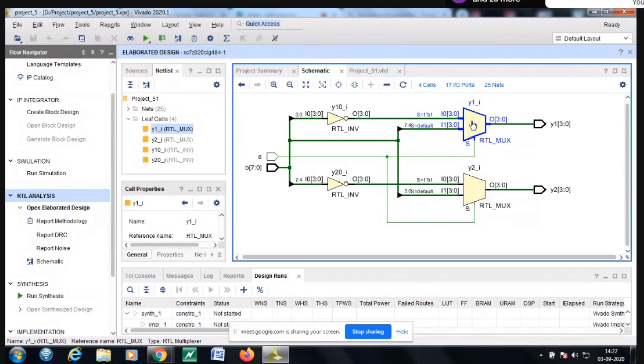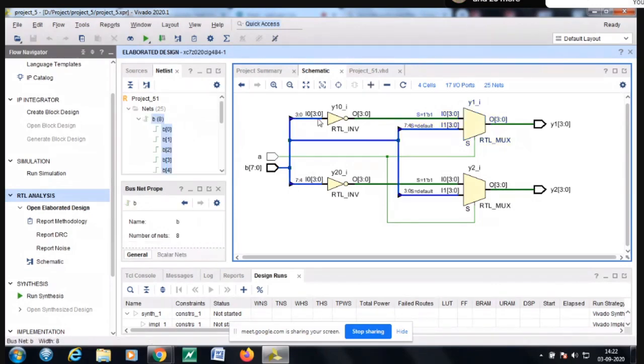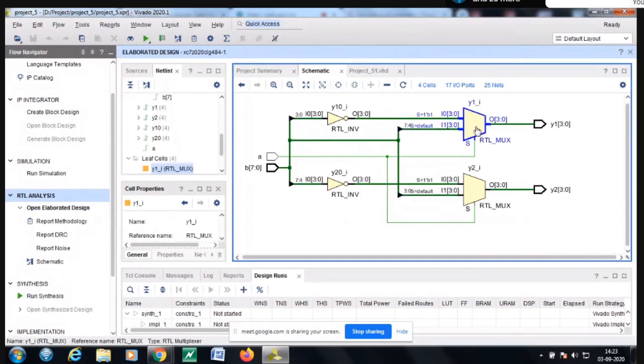One multiplexer gets the input lower word, see, look here, this one. Wherever the lower word is going, this is B 7 down to 0. So here also it is coming lower word, here also it is going lower word. So it is coming here, it is coming here, it is going here, it is going here now. Then you choose this one. You see what all the inputs into this one are?